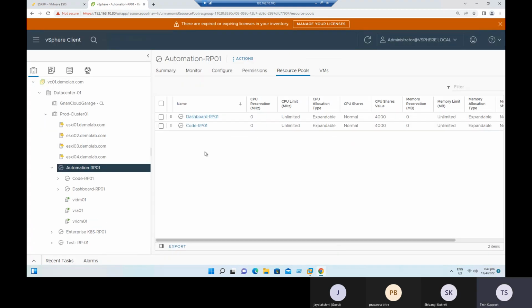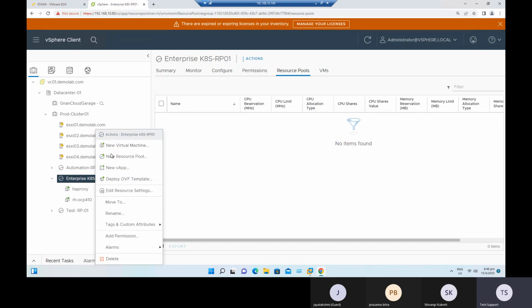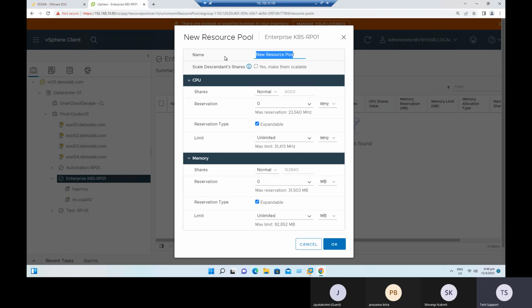Dashboards means they will use some third-party tools like Tableau or any of the external software they can use to prepare dashboards. So the dashboard team will also be created under the automation team. And similarly, if you want to configure another child resource pool under the containers, let's say under enterprise Kubernetes, I want to segregate one team for a VMware Tanzu resource pool. So I name the child resource pool Tanzu RP01,